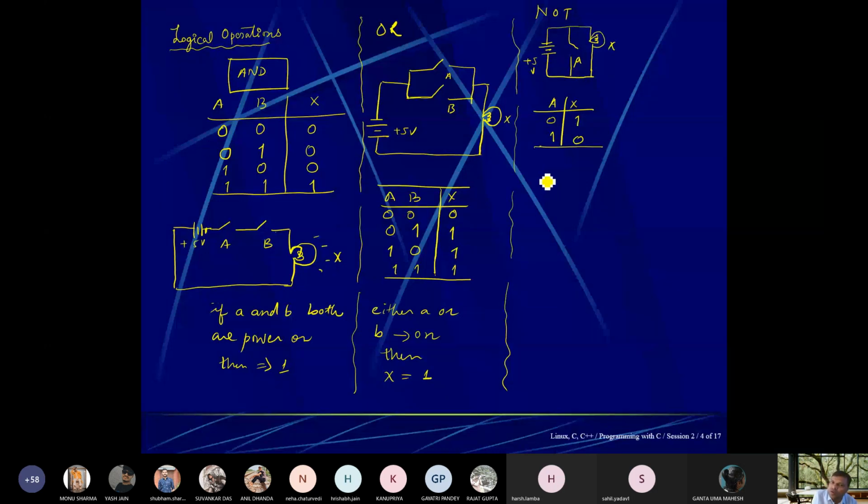Now come to XOR. I am explaining only why it is XOR. I am not going to draw its circuit because it is very big, but you know AND and OR, so there is no problem. A and B are given and the output is given. If both the inputs are the same, then the output will be 0. Understand?